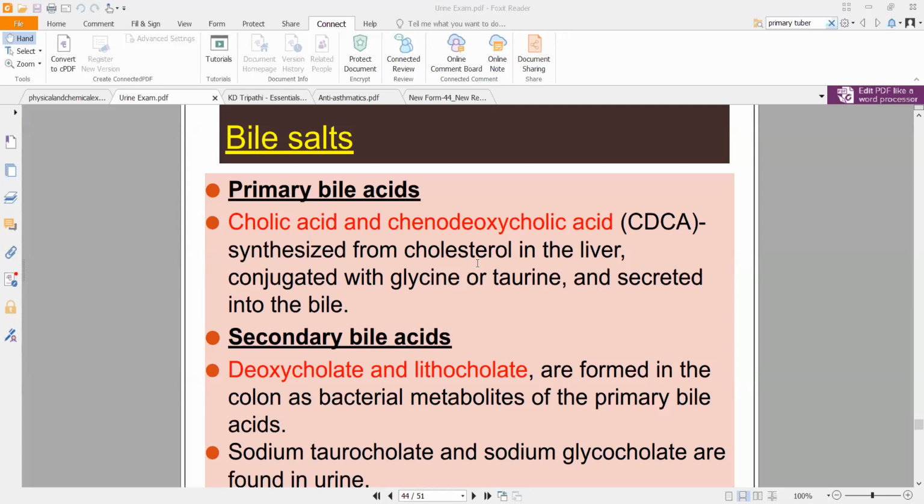Now, your bile in general will have several bile pigments. I'm not sure whether you have studied the liver or not, but there are several components of your bile. When we are specifically talking about bile acids, there are two important acids that we check for: cholic acid and chenodeoxycholic acid. Whatever cholesterol is being produced in your body or circulating in your body, in your liver it will be conjugated with a few amino acids and it will be thrown out through bile, whatever excessive amount of bile acid is present.